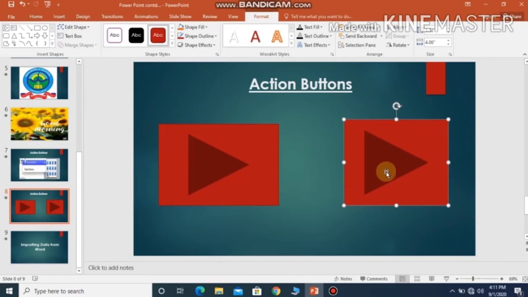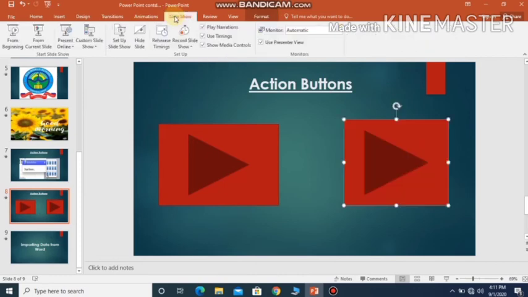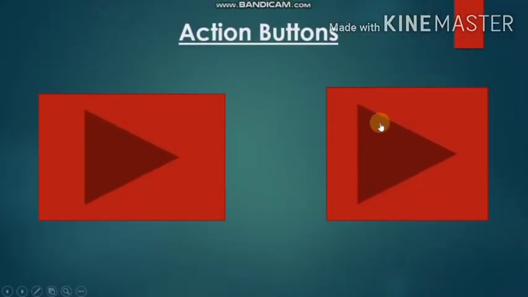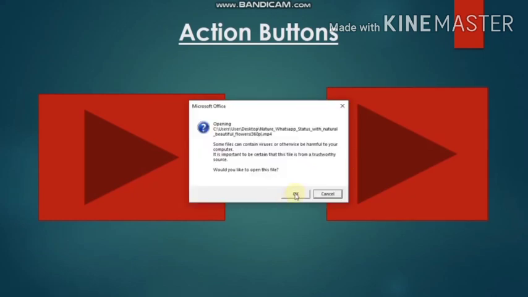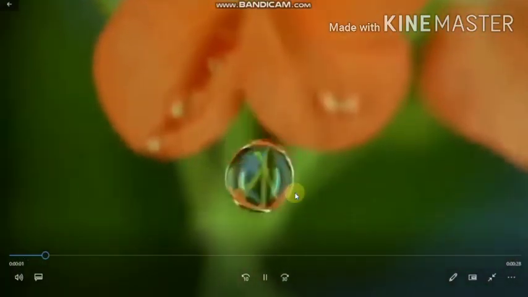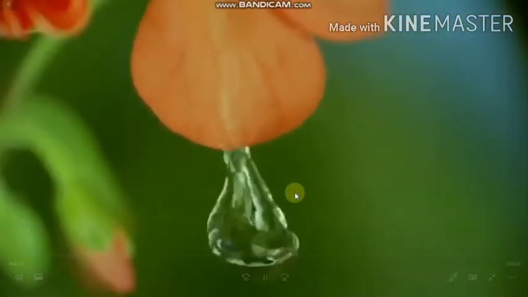So let us check out how it works. So I'll just go for the slideshow view from current slide. So this is the action button. So I'll just click on this. Have to click on OK. Okay, children, so this is how your action button works.